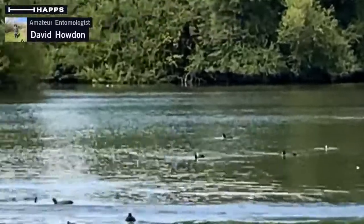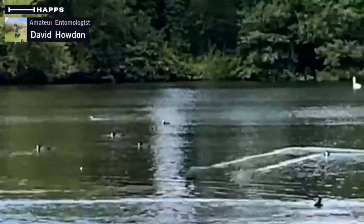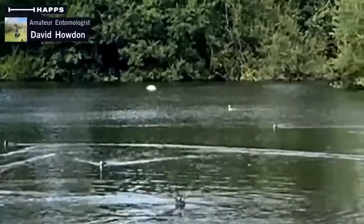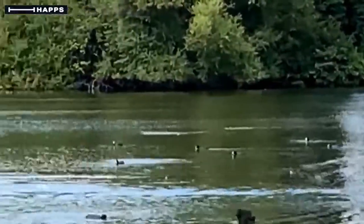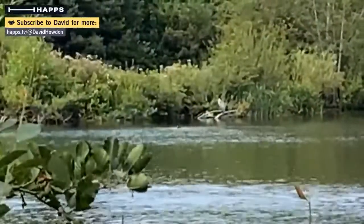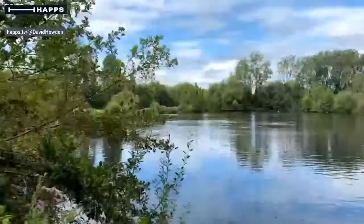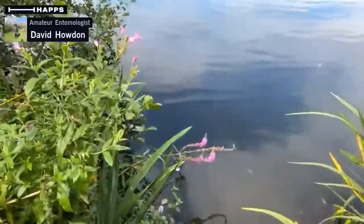Where am I looking? Well, there's a swan, really distantly. So have I got that where that is? It's just if I go this way, somewhere on there. There we go, there was a grey heron. These are bad quality images even on my screen, so I don't know what it's doing through the compression. There we go. And on the water surface here,